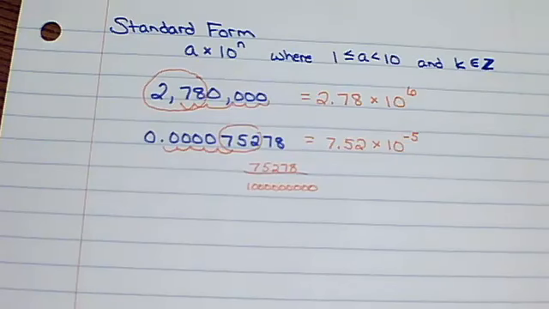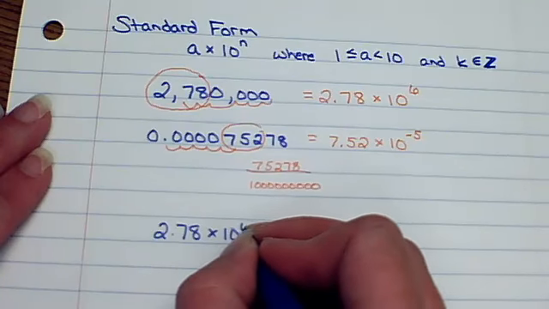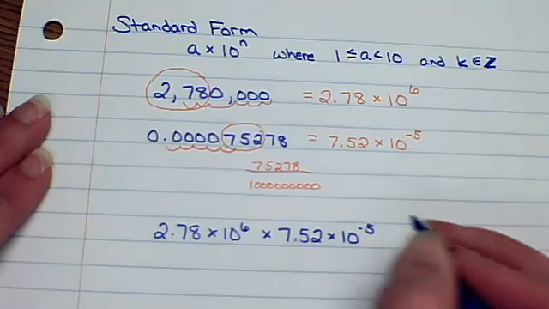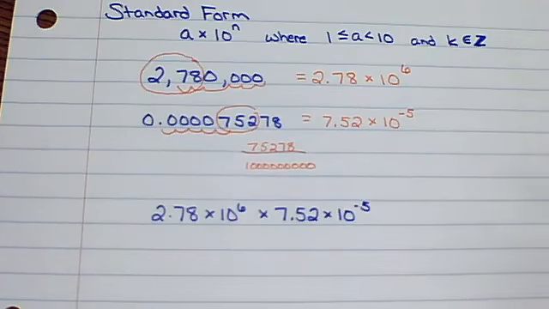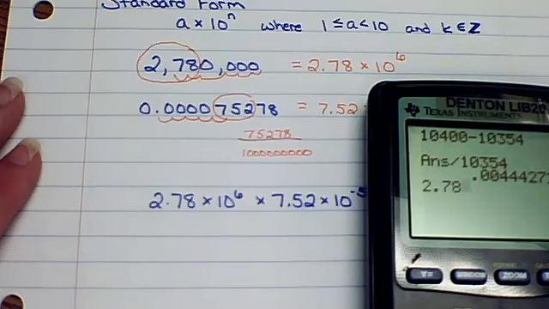All right. The next thing you're going to have to do is do things with these 2 numbers. So let's say we needed to multiply those 2 together. Okay, so what if we had to take 2.78 times 10 to the 6th times 7.52 times 10 to the negative 5th? What if I wanted to multiply those 2 together? Well, first off, just multiply the numbers together. So come off to the side and multiply the numbers. 2.78 times 7.52. That gives me